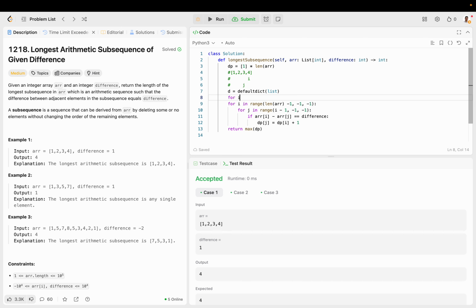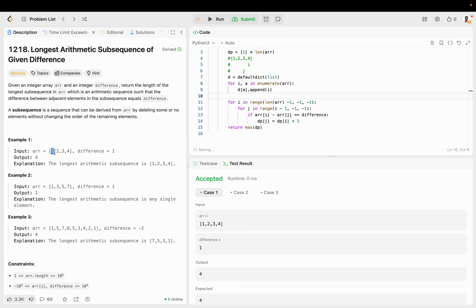because we want to first enumerate ARR. We want to basically get all the values and where they occur in the indices. So now you're just going to have 1 at 0, 1, 2, 3, and then at each turn, what you're